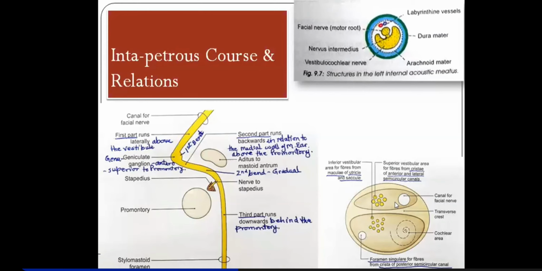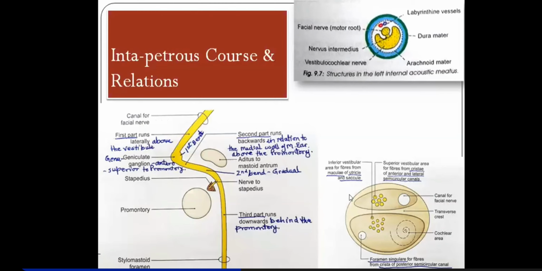So anyways, we are now focusing on the facial canal. So at the fundus, passing into the internal acoustic meatus, it will reach the fundus, and from the fundus it will continue in the canal of the facial nerve, right? So from there we will connect to this diagram. This is the canal of the facial nerve, right? So before that, this much portion here is the internal acoustic meatus, then here is the fundus. From the fundus it will continue.